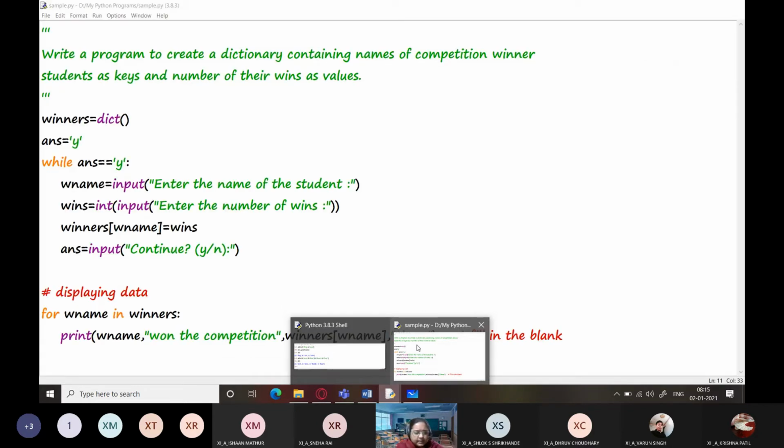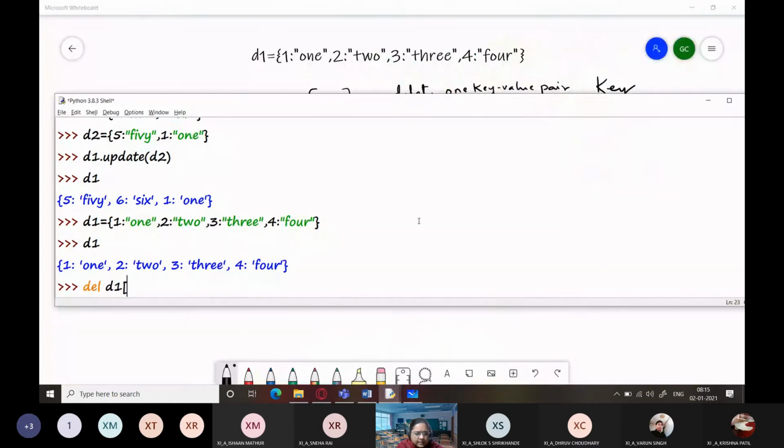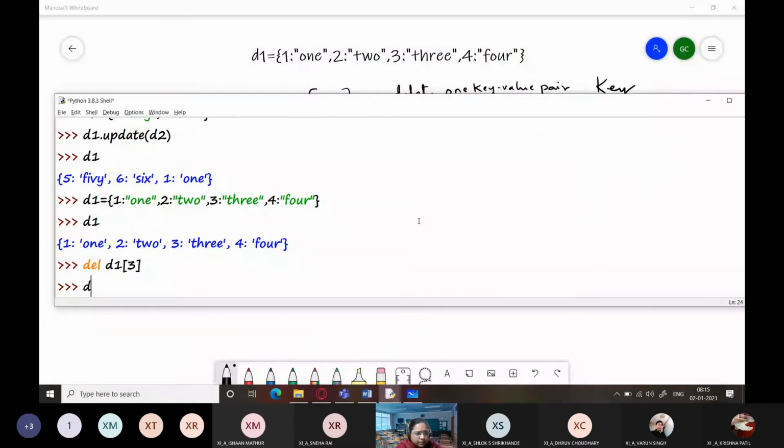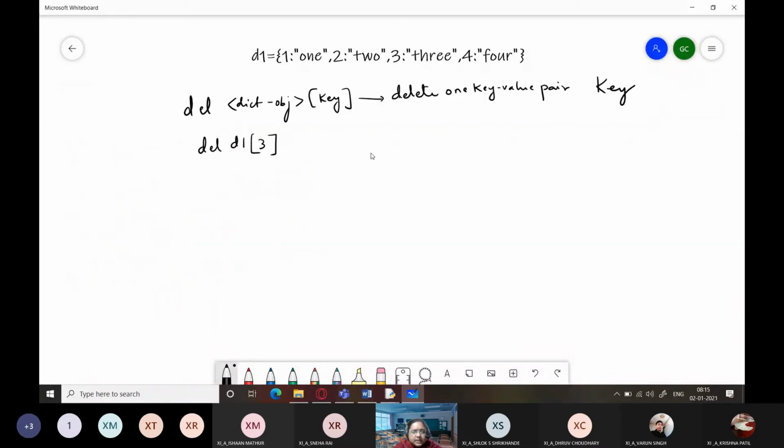How? Let's see. Del d1, I'm writing 3 here, and it won't give me any output and it won't return any value either. But if you check dictionary D1 again, the item 3 has been removed from this dictionary. Got it? This is for deleting one element.